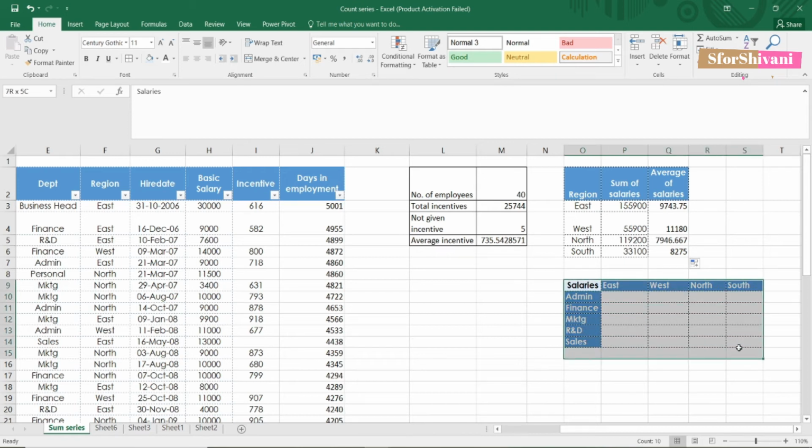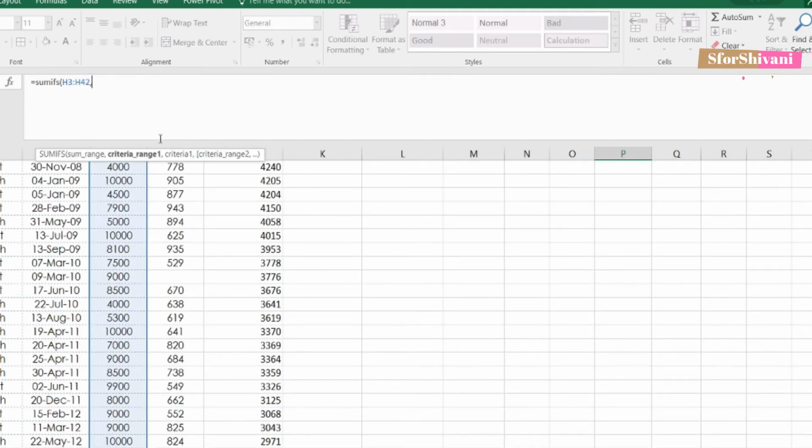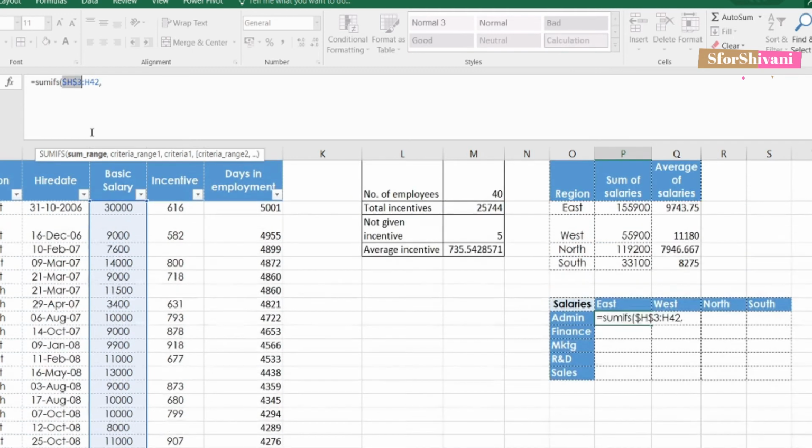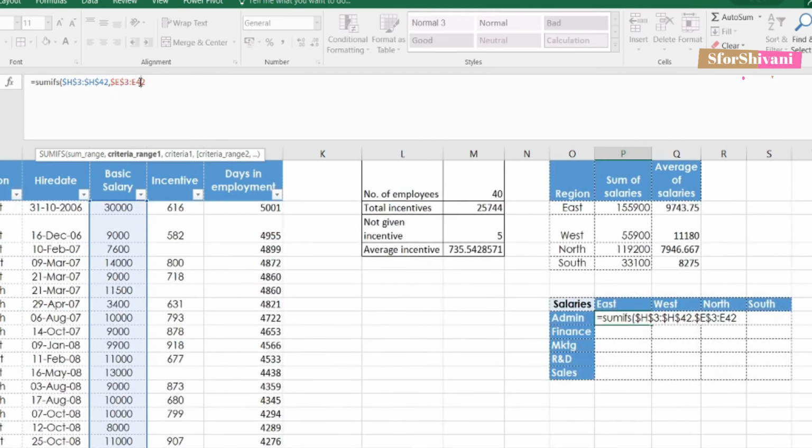Now when there are two conditions that are given to us, what we have to do is use SUMIFS and AVERAGEIFS function. So we are going to use the SUMIFS function here. First is the sum range. So this is my salary, comma, add dollar sign to fix this, F4. Criteria range 1. So first my criteria is the department. Instead of this, it's asking for range. So the departments are the range. Again, since this is going to remain fixed, I'm adding dollar sign.